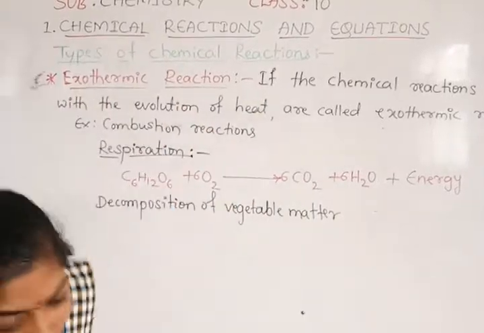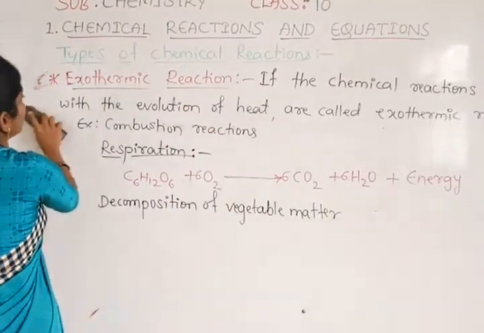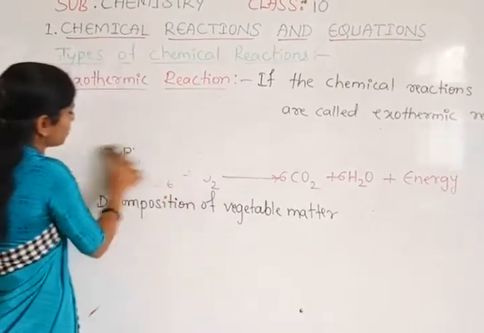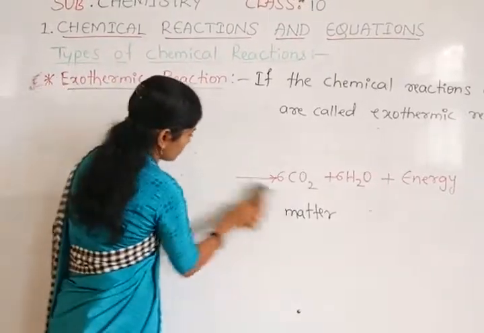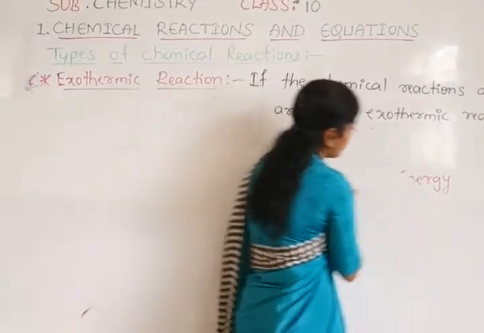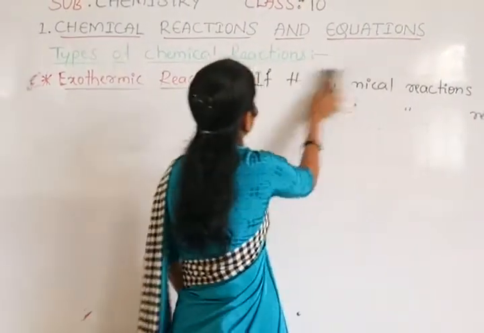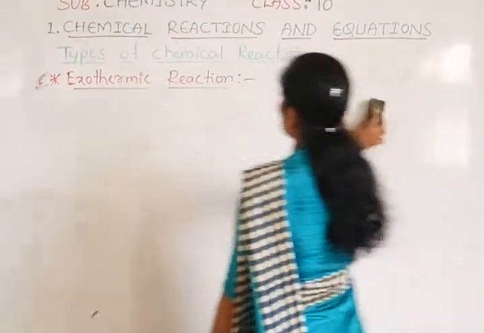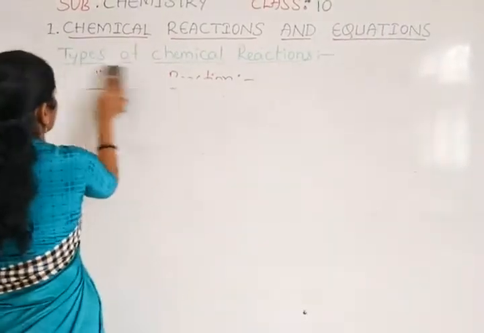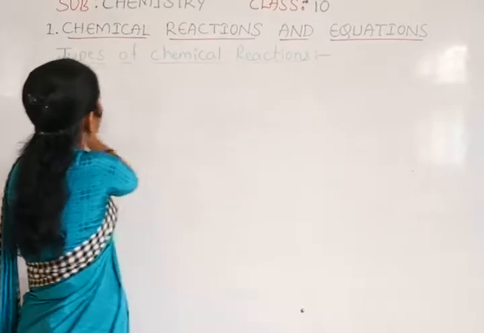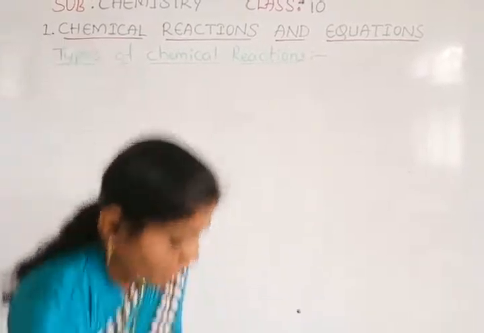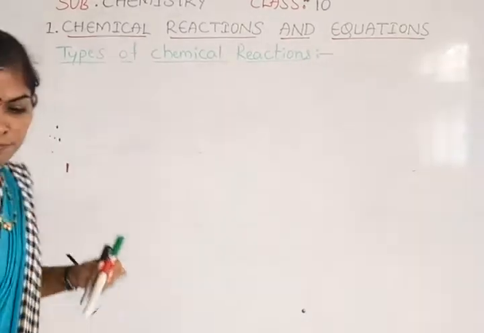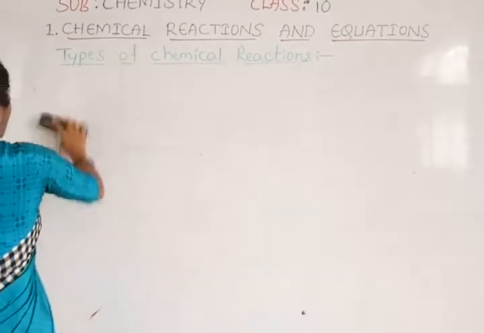Okay. Then the next type of reaction is the endothermic reaction. You can note the definition. Whenever you are sitting, sit with book and pen. You have to note down all the reactions. You need to practice it. Then only it will be easier for you. Okay. Then the second type is